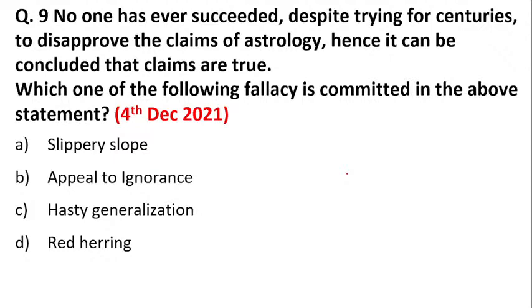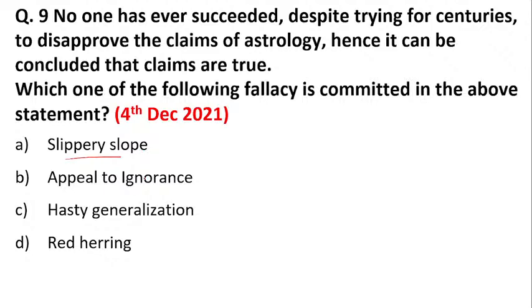Which fallacy is this? Slippery slope. Remember slippery slope, I gave you the example of parents and students. If a student has not done homework, and I say, if you don't do homework, you will fail in the class. If you fail in the class, you will not be able to go to college. If you will not be able to go to college, you will not get a good job. And if you will not get a good job, you will become homeless and poor. So taking one point and then going to a hypothetical situation is an example of slippery slope fallacy,